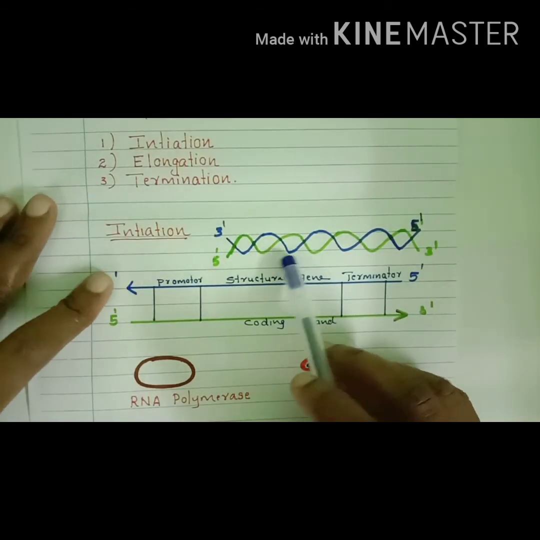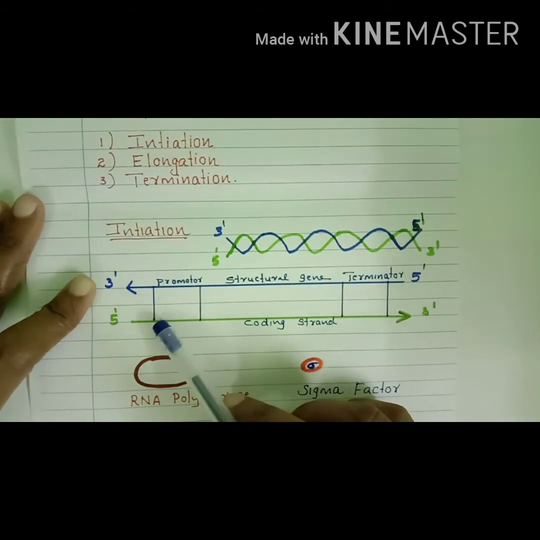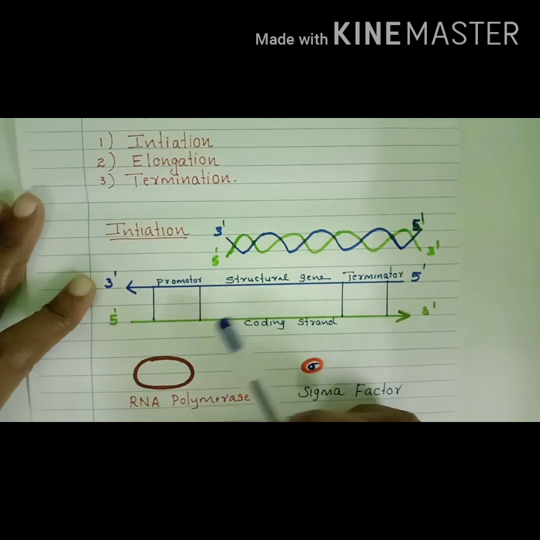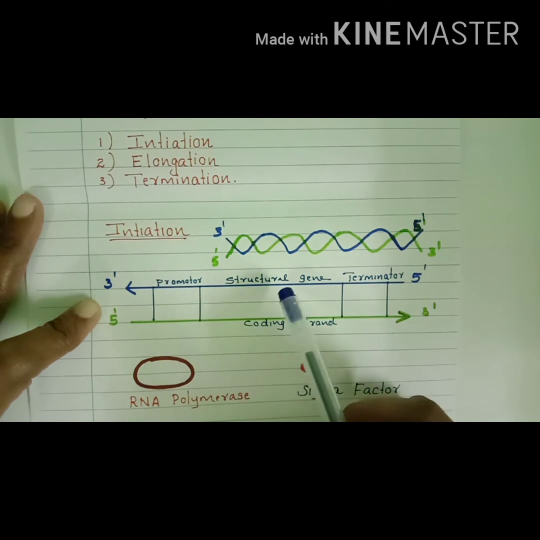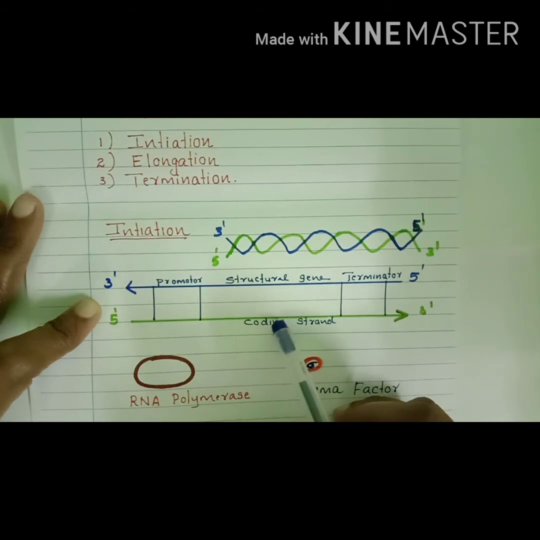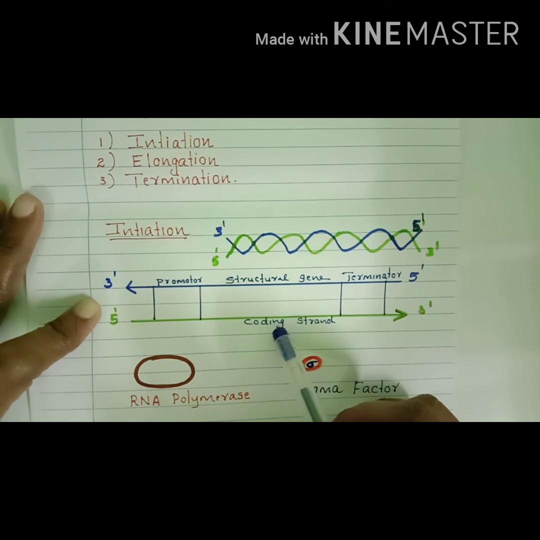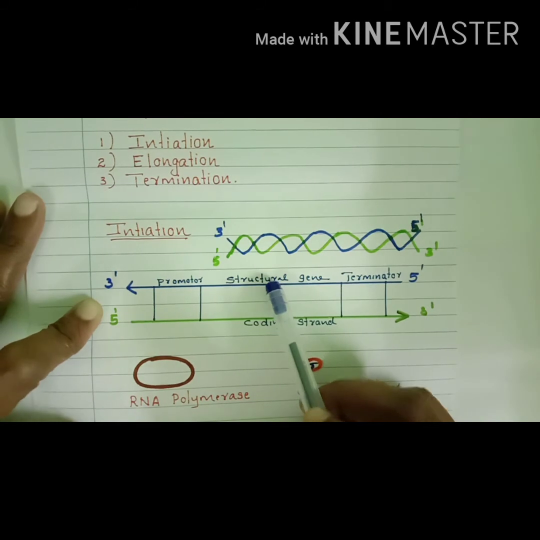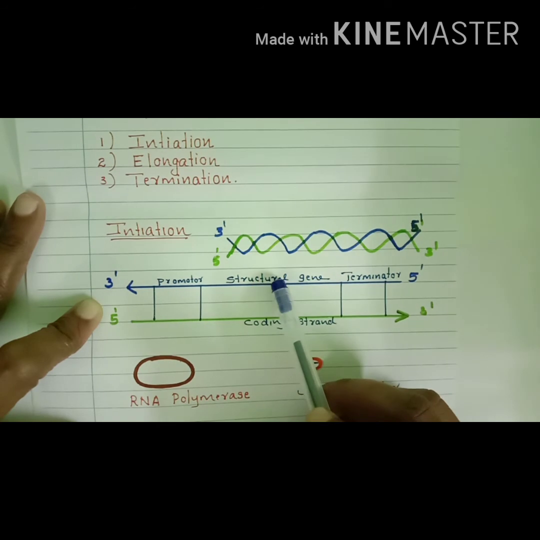Here you can see the structure of a transcription unit. This is a DNA molecule, an enlarged portion of a transcription unit that we have already studied. A transcription unit consists of promoter, structural gene and terminator. Among the two strands of DNA, only one strand will act as template. The other strand is called the coding strand, which will not code for anything. The template strand consists of the structural gene. New mRNA will form complementary to the template strand.